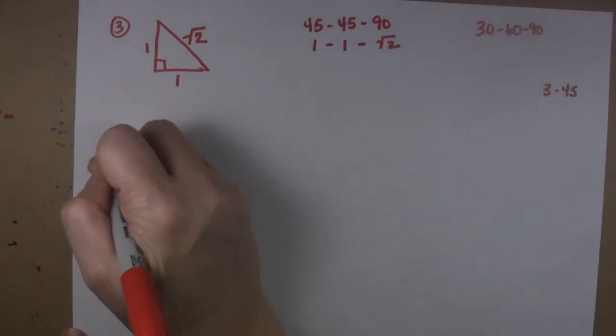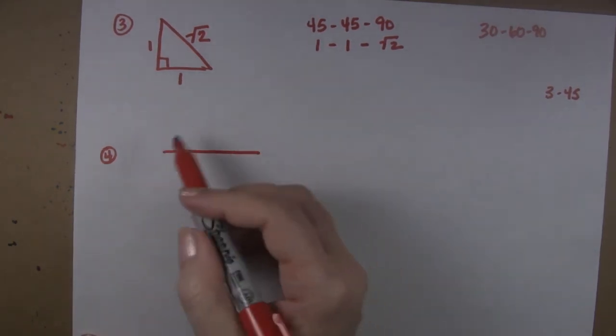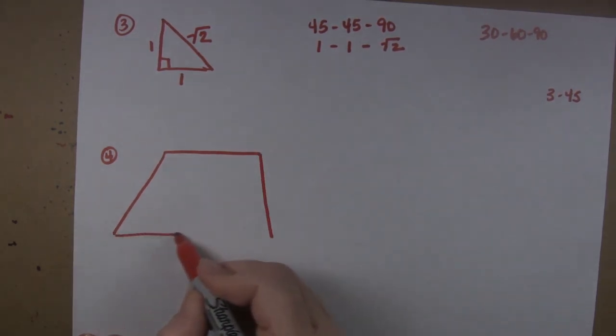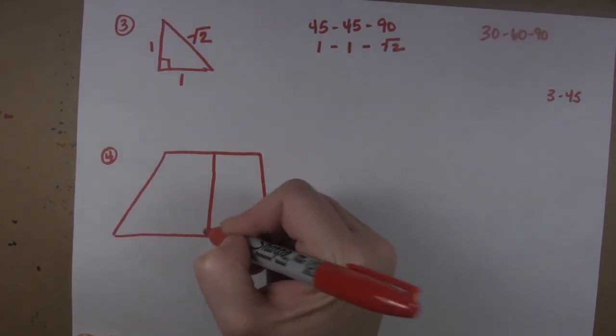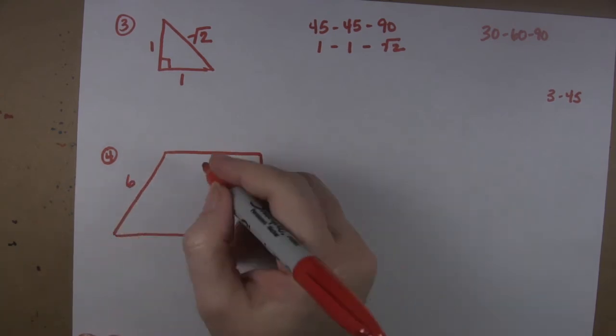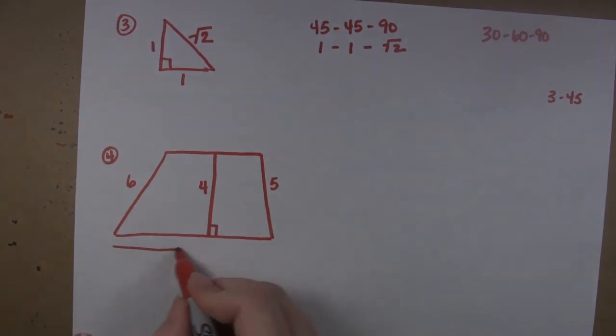Okay, let's go back to question number 4. Question number 4 is, we have this trapezoid, and I will draw it for you. And we have some information about the trapezoid. We know that this side over here is 6. We know that the height is 4. We know that this side is 5. And we know that this